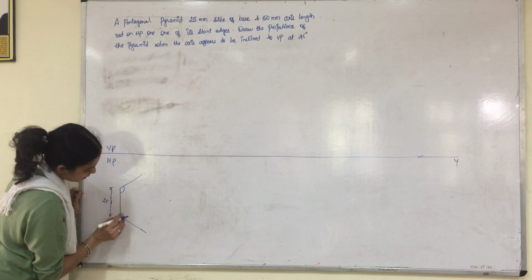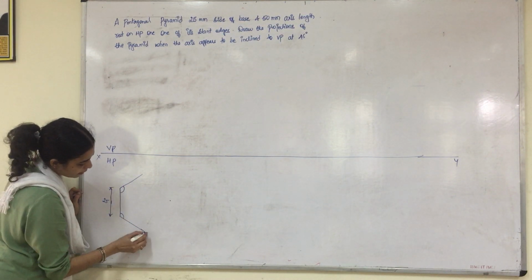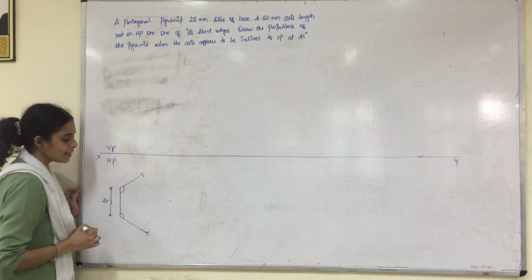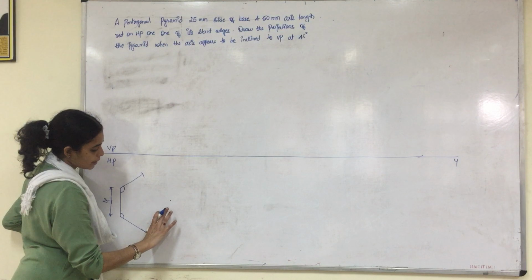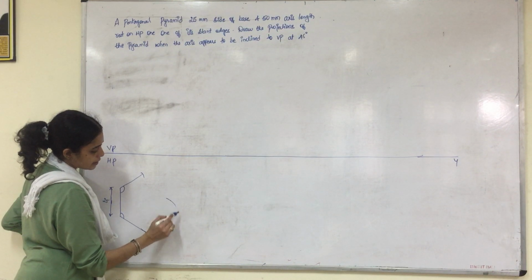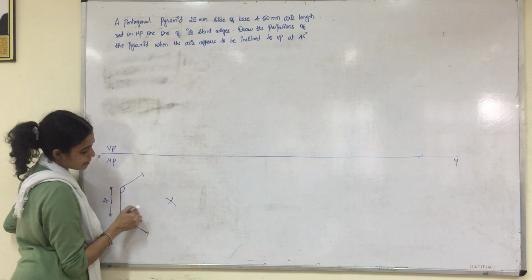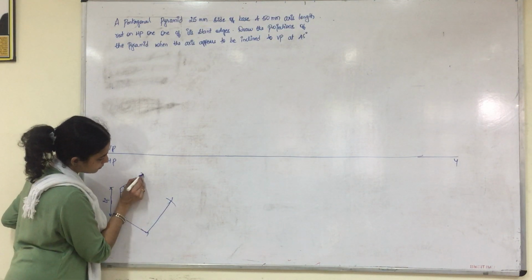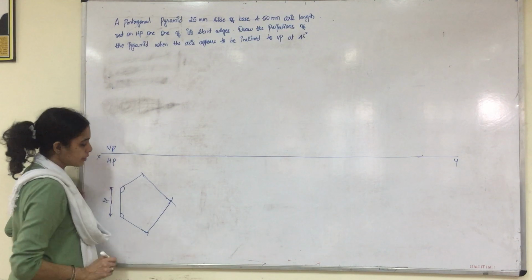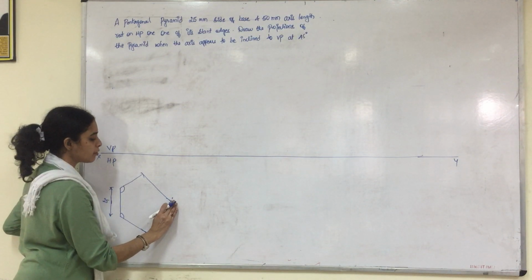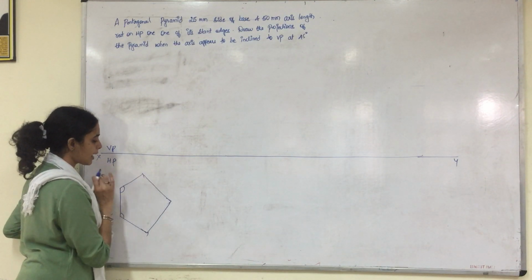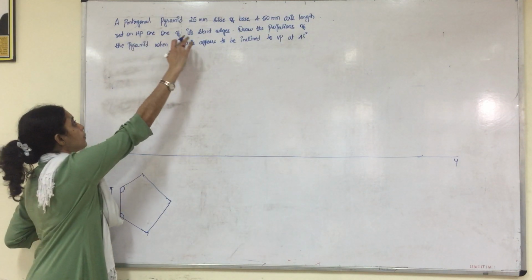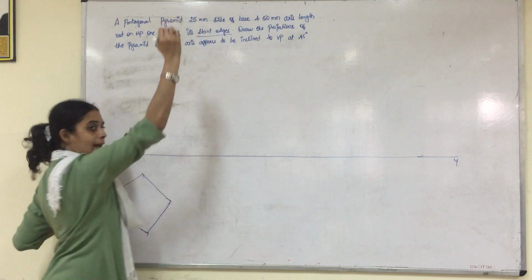After you take the interior angle, measure 25 mm and cut an arc. From here again measure 25 mm and cut an arc. Where they meet, you can join, so that you will have one of the corners towards your right. So this is the required position when the given pentagonal pyramid is resting on one of its slant edges.